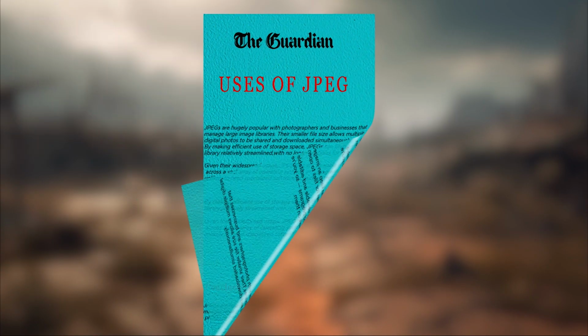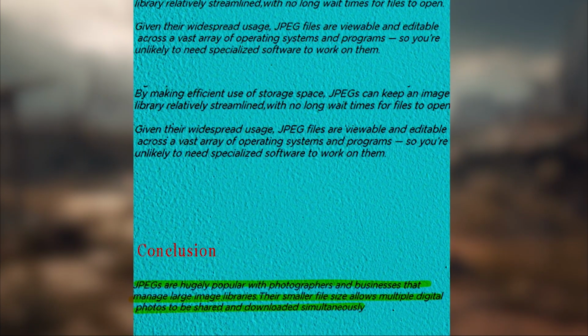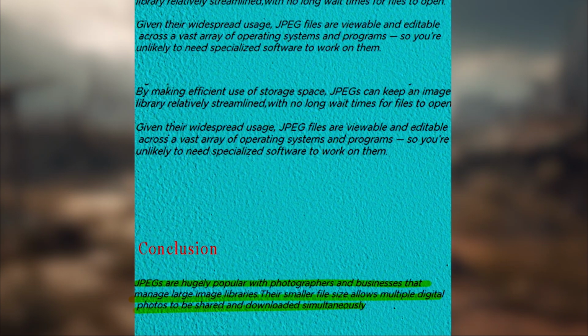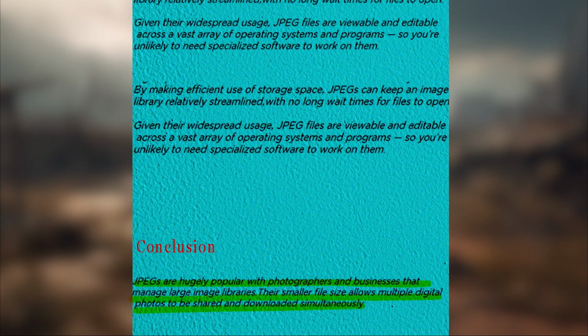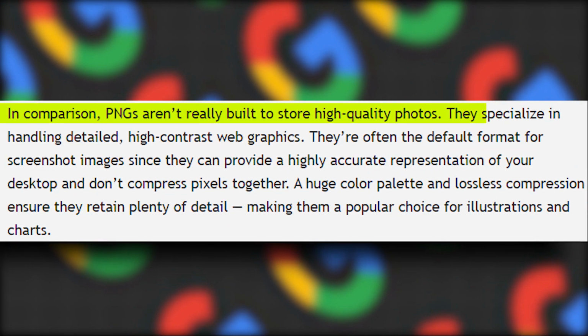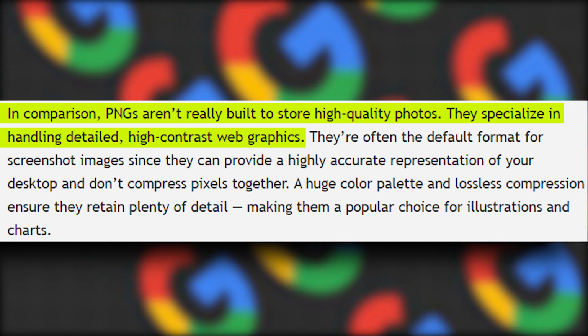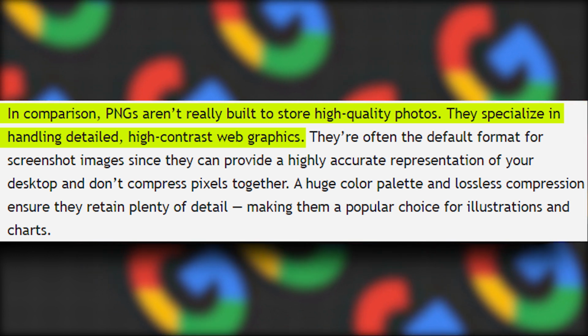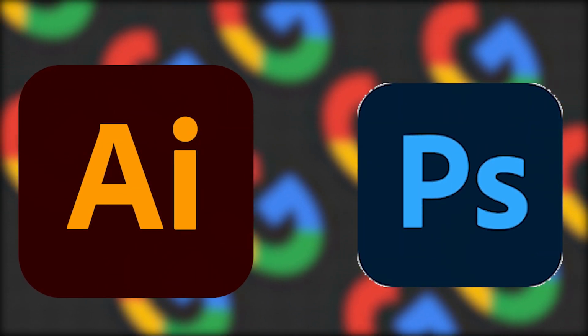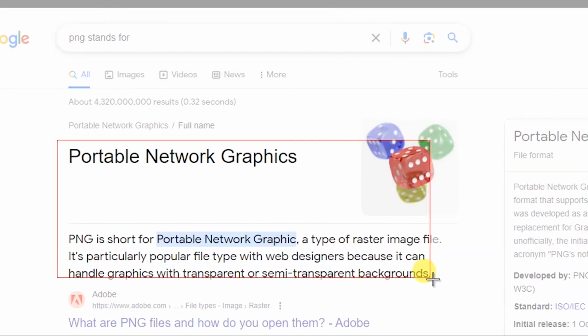Now coming to their use, I would say JPEGs are hugely popular with photographers and businesses that manage large image libraries. Their smaller size allows multiple digital photos to be shared and downloaded simultaneously. In comparison, PNGs aren't really built to store high quality photos. They are used in high contrast web graphics, for illustration in Adobe Illustrator to graphic designing in Adobe Photoshop. PNG is quite recommended, and when you take a screenshot on your mobile or PC, it will also be stored